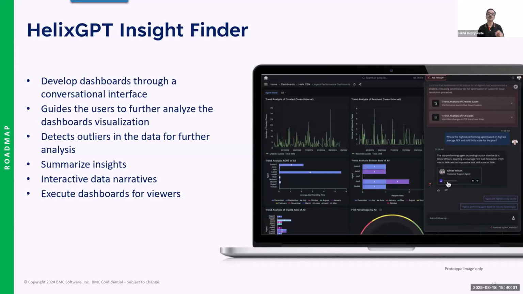Insight Finder, we're also looking at the ability to analyze the data and identify outliers or anomalies to your data, because ultimately that's what your managers need to focus on. Focus on the outliers, focus on any anomaly that deserves to be corrected for you to be able to serve your customers. Summarize all the